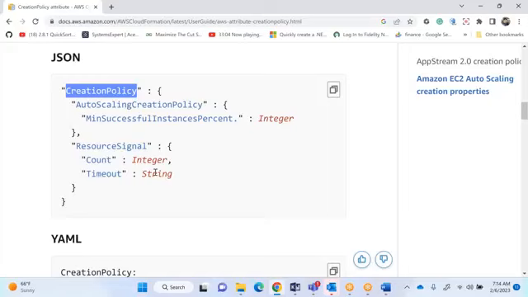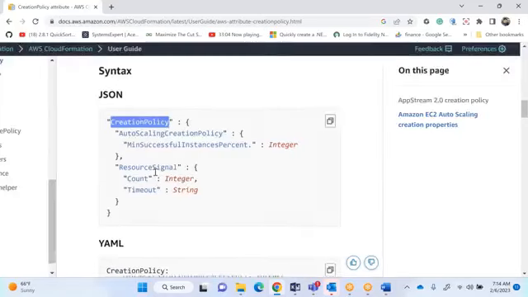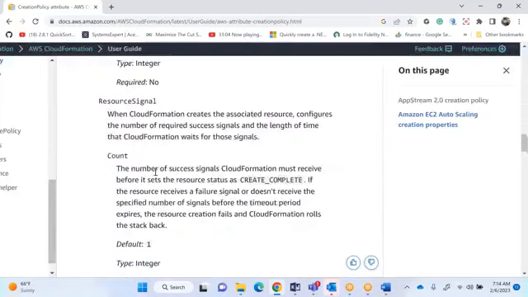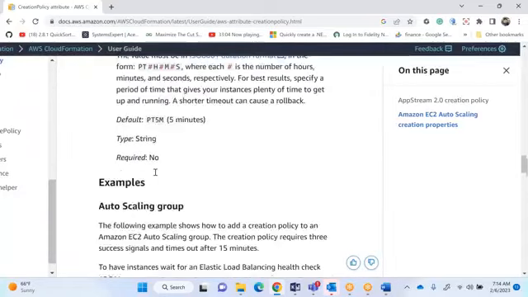So in 15 minutes all EC2 instances get created, but you can set a timeout of 25 minutes. If in 25 minutes the 3 signals are not coming, it will come up and say timeout issues. So this is one of the things which is very, very important, sir. Hope you understand. Anyone has any questions?